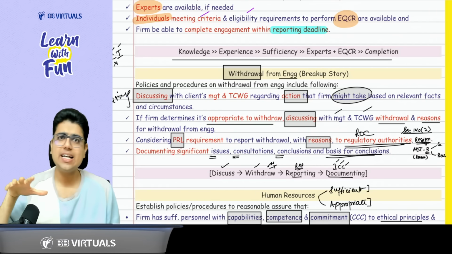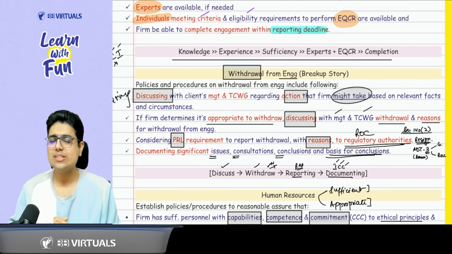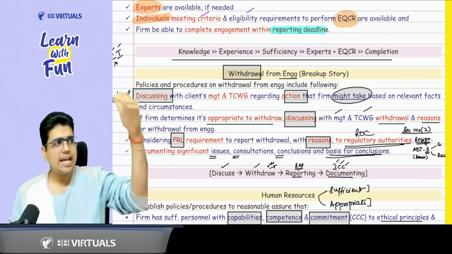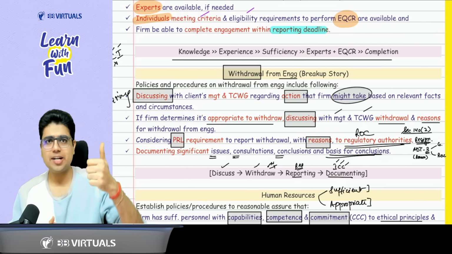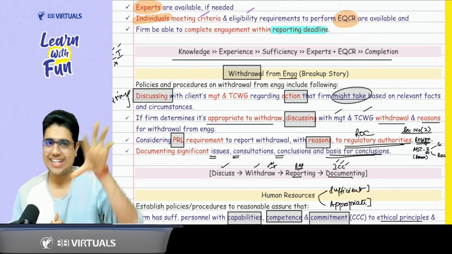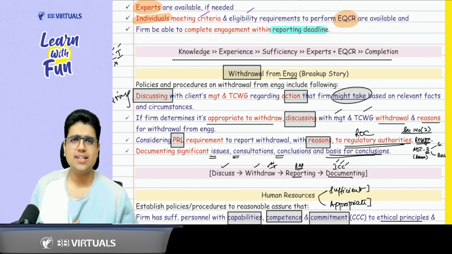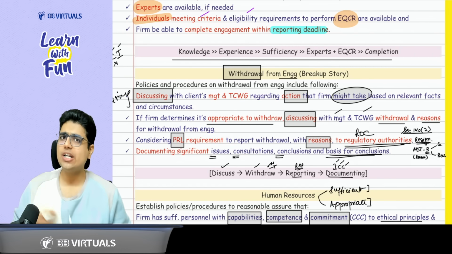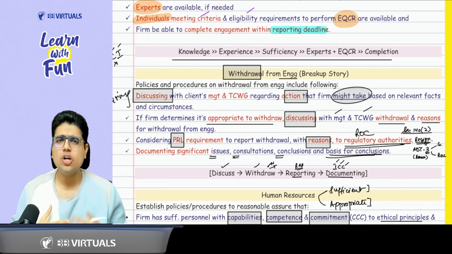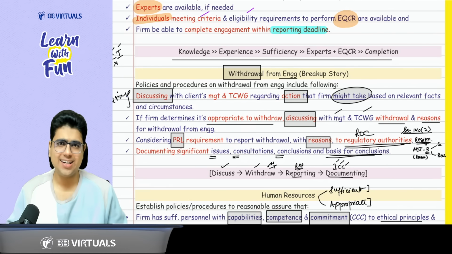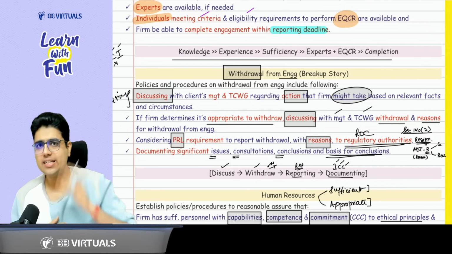Now, sir, let's say you accepted the client, but after acceptance, you don't want to work anymore. Why don't you want to work anymore? I accepted the client because I thought SECI was there. SECI means significant matters, ethical requirements, CCTR, and integrity. But after acceptance, I feel the client does not have integrity. They are very dishonest. Will you continue with the client? Answer is no. Or let's say after acceptance, I realize that I cannot competently give my services to the client. Then in that case also you will consider exiting.